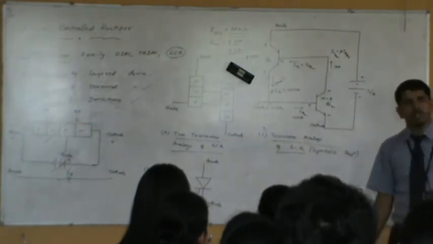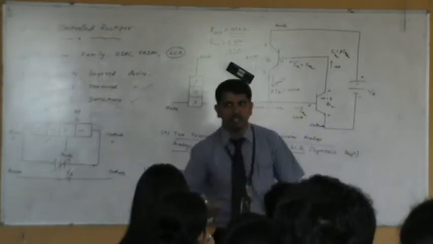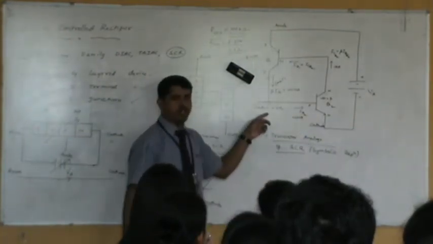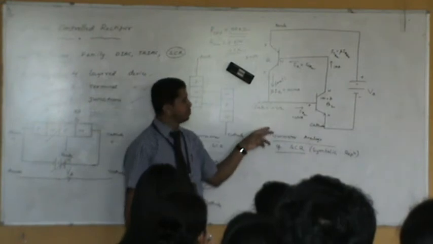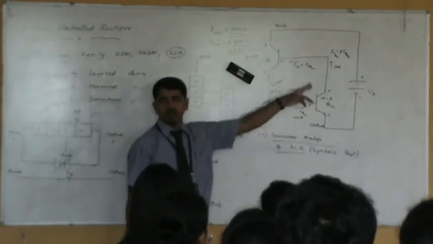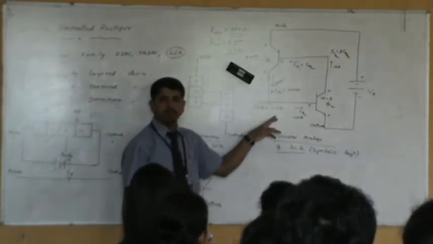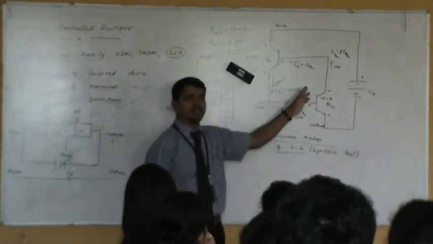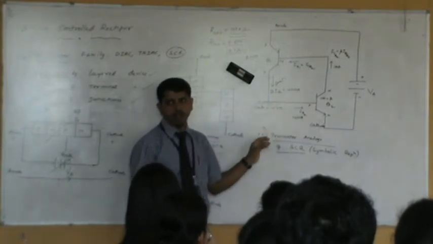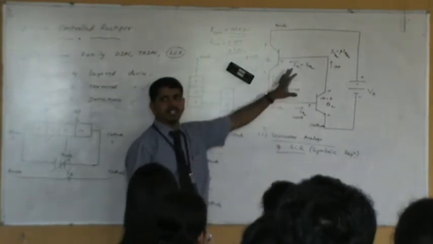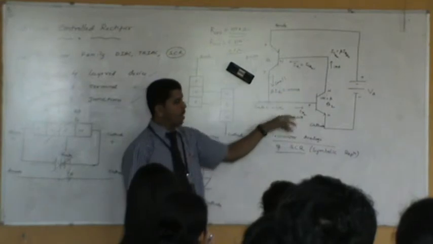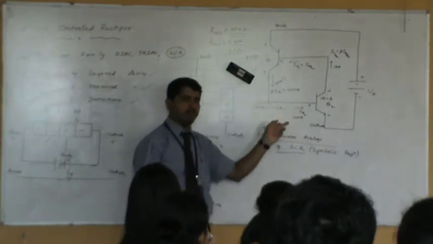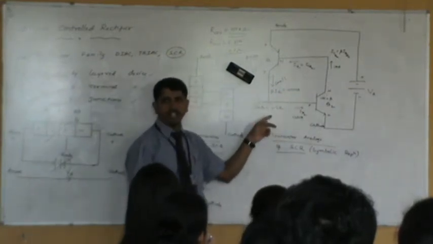Now we analyze this circuit under three conditions, not two. One is zero gate voltage. What will happen? Positive gate voltage: what will happen to the circuit? And finally the negative voltage: what will happen to the circuit? Only a positive gate voltage triggers this device. If you apply a positive gate voltage here, you can trigger the circuit and make it turn on. If you want to turn the circuit off, just apply a negative gate voltage.